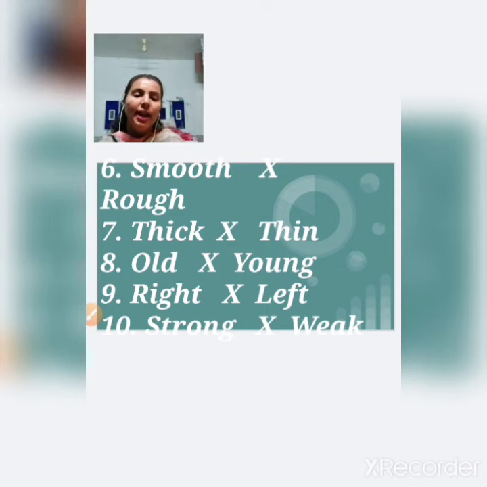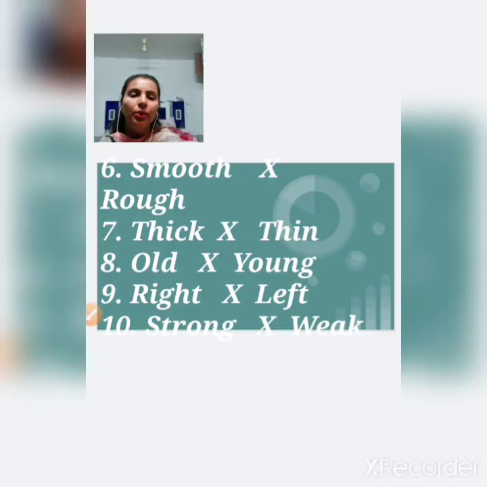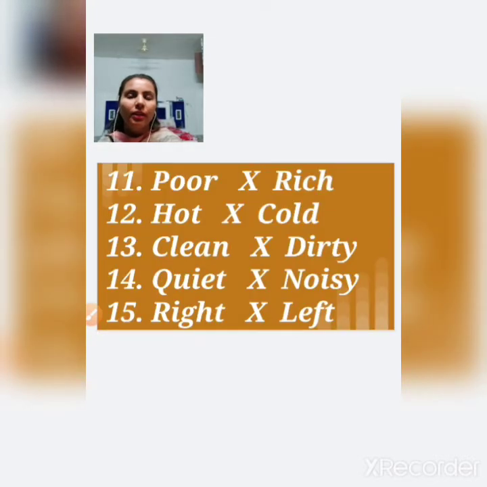Next is S-T-R-O-N-G, strong, and opposite is W-E-A-K, weak. Now P-O-O-R, poor, and opposite is R-I-C-H, rich. Next is H-O-T, hot. Next is C-O-L-D, cold. Next is